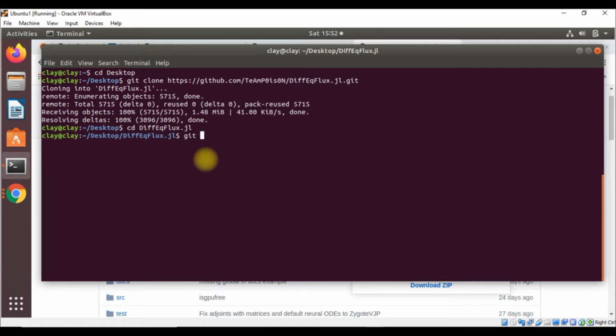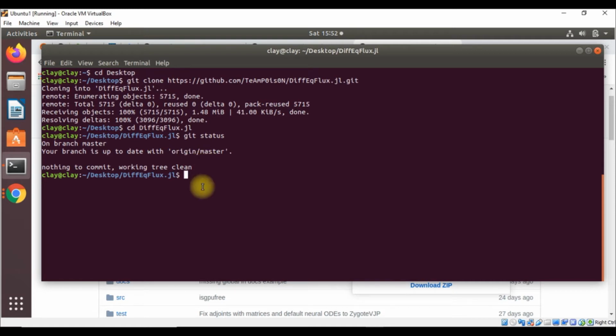Okay, now first we will check the status of this repository. Is there anything to commit or push? It is pointing out that we are on our master branch, and our master branch is up to date with the origin master branch. It is saying there is nothing to commit, working tree clean.